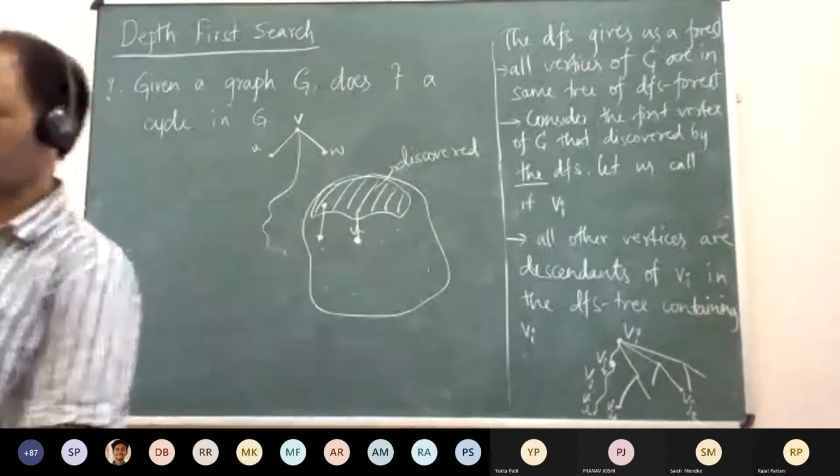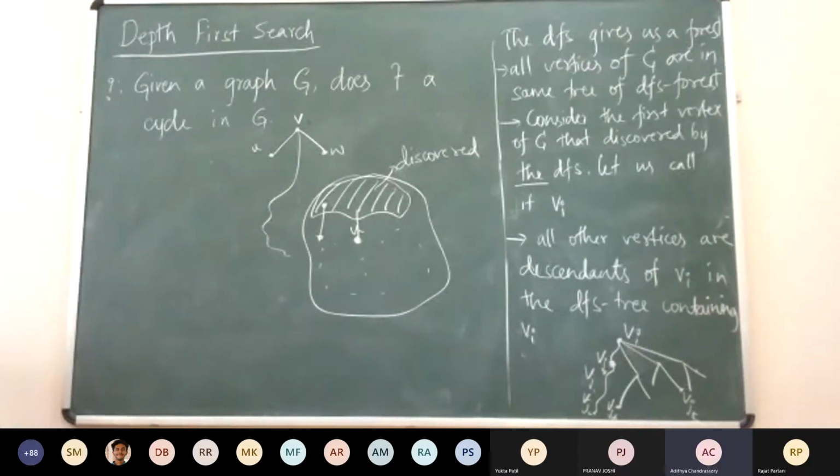So is it not possible to say that suppose U is discovered first, then W will be within the same branch of U, or opposite, if W is discovered first, U will be within the same branch, because we are assuming V is our first visited vertex in the cycle. So any one we go to, since they're connected, it should be lying further below, right? So they'll have an ancestor descendant relationship that way.